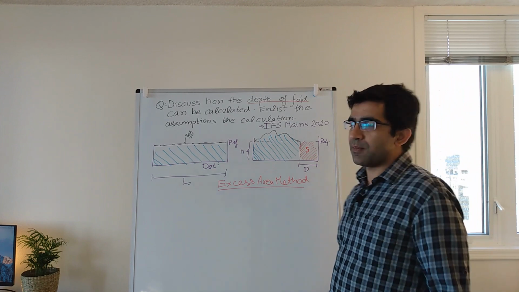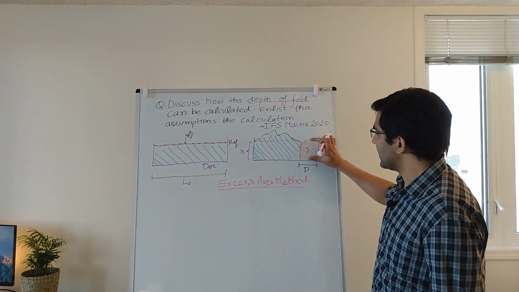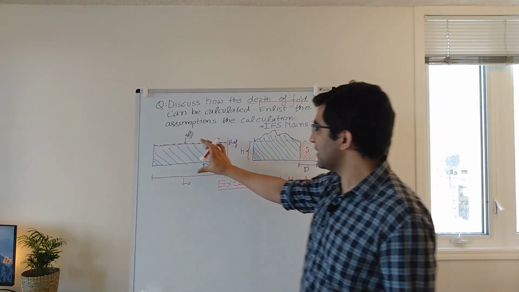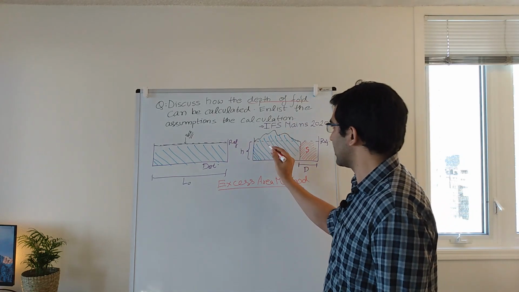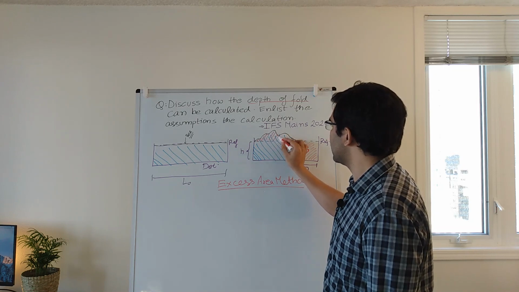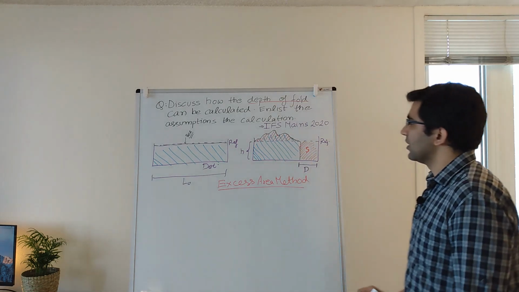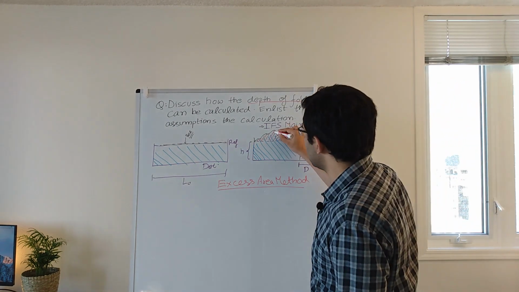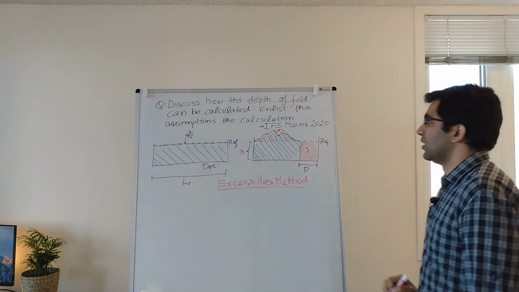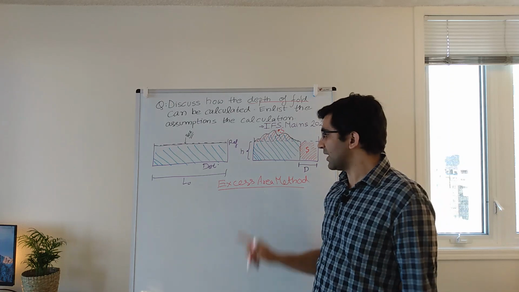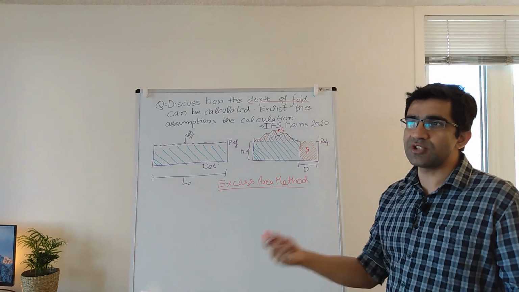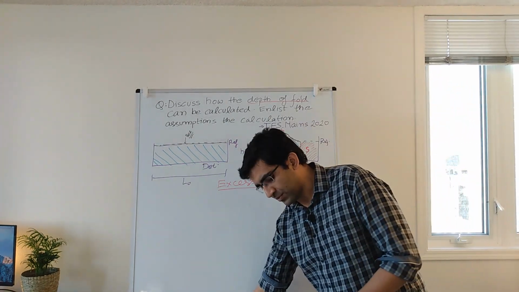Now what this excess area method assumes is that whatever area you have lost by shortening here due to displacement is equal to the excess area that you have within the rock layers now. The excess area that I'm talking about is this one, which is above the datum. So this is the excess area. This excess area which you have in here is again also equal to S. So these two areas are equal. That is the main principle behind the excess area method, and it's also one of the assumptions that you'll see when you list the assumptions.